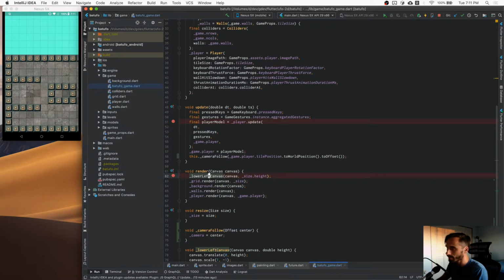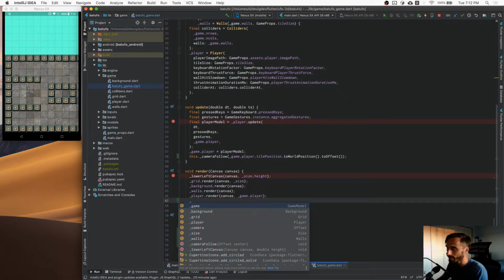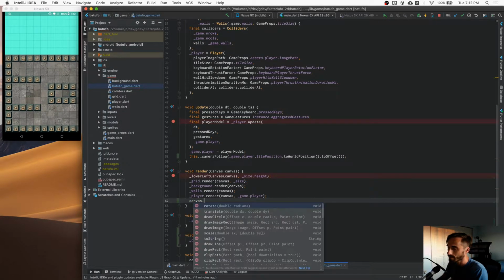We move the camera lower left and all these things. And then we do the render, and while we're rendering, we're actually also moving the cameras around the origin. But now at the very end, we will basically move the cameras to where the camera wants to be. So we're going to translate, or we're going to